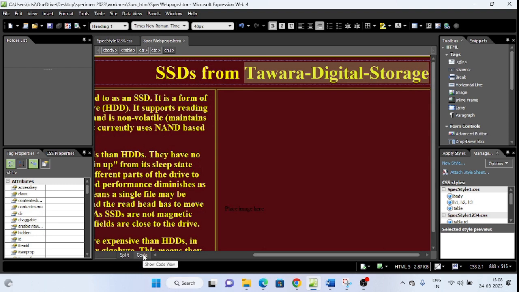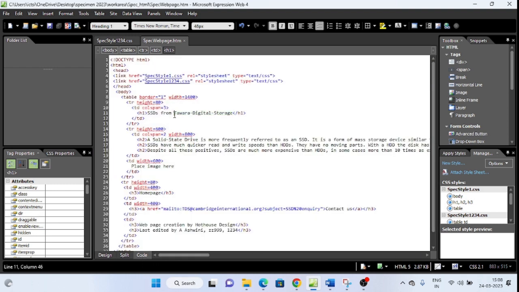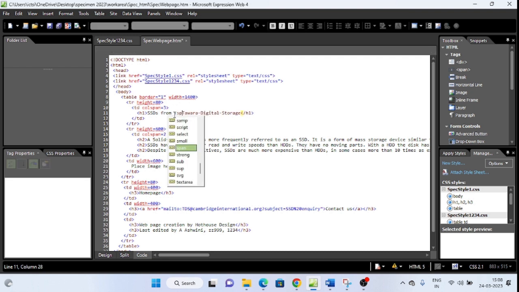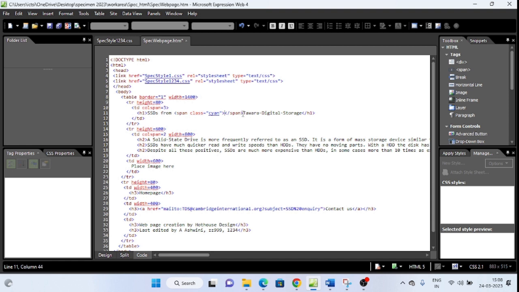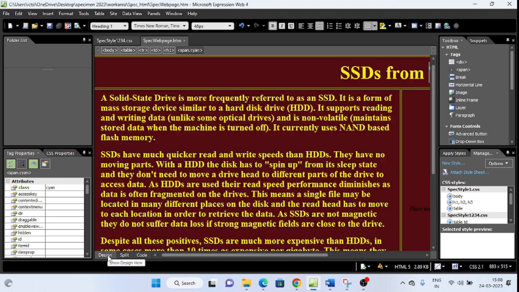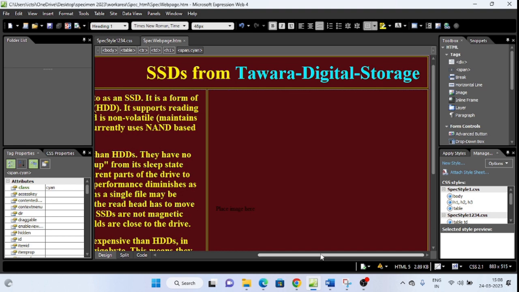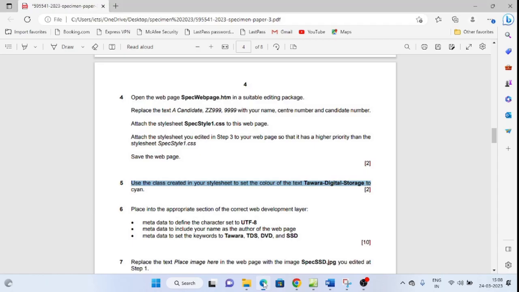And then code. So here you have to use span tag, span, after that class, and this CYAN class which we created. Done. And remove this span closing tag. Save. Now you can open this in design view and see the color which you have applied to that particular class has been updated to this Tawara digital storage.